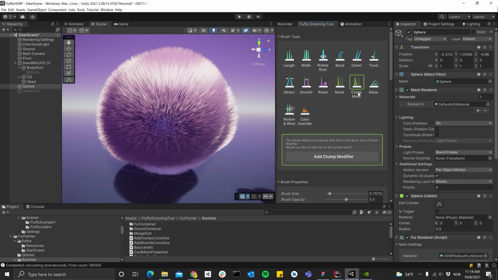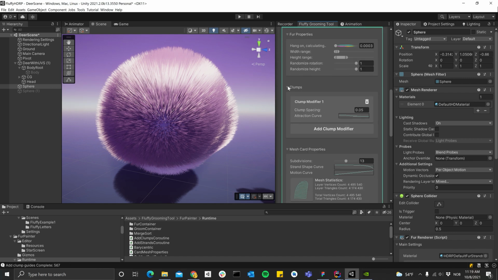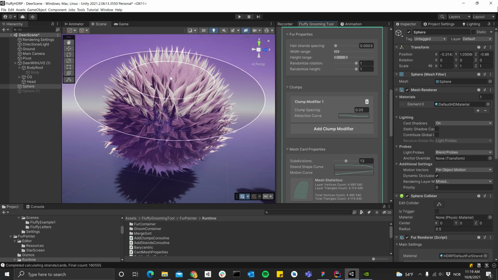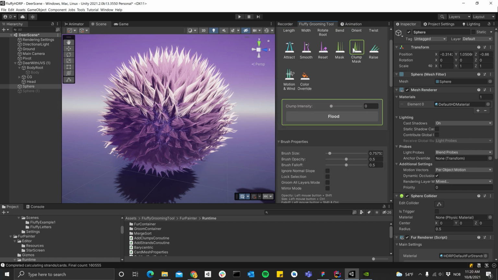The clump mask brush lets you change the intensity of the clumping. So in this case I don't really have a clump yet, so I can hit this button to add a clump modifier. That's going to add a clump modifier down here to my layer. So now we see that we have a clump, and then I can use the clump mask brush to paint